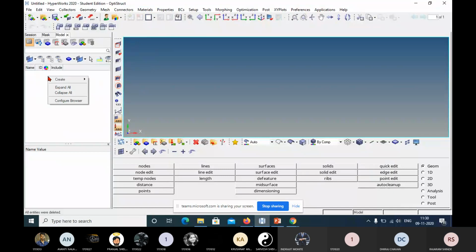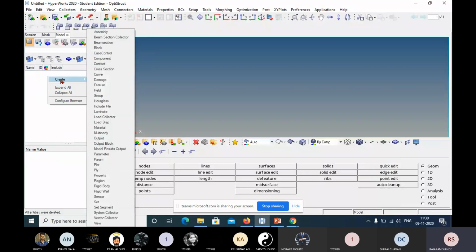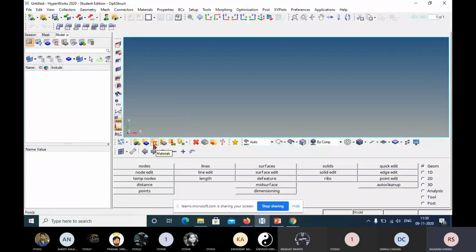Right click here and select the create option, and in create there is a material. Do you agree with this? You can use it from the main menu, or from the direct icon. Out of these three options you can use any option.